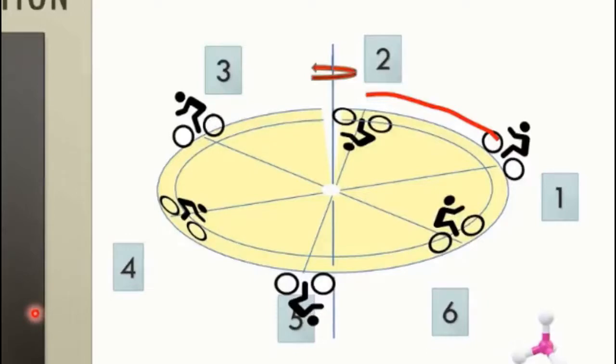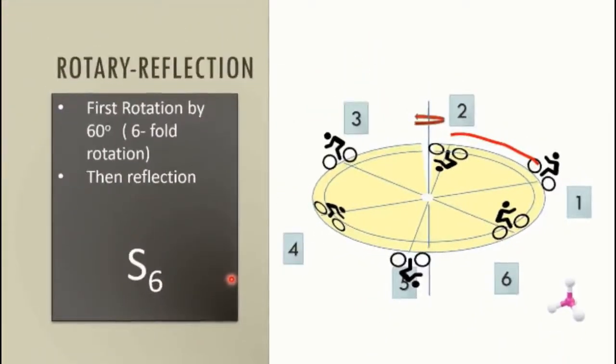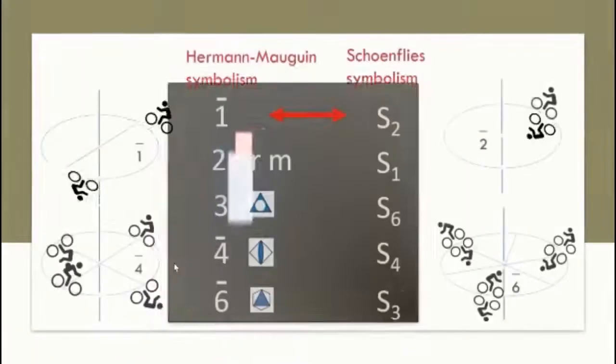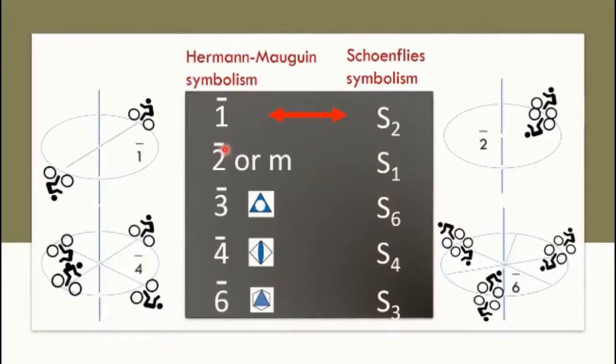Rotation operations are restricted to 1, 2, 3, 4 and 6. Therefore, the roto inversion is also restricted. 1 bar is simply inversion operation. 2 bar simply corresponds to mirroring. So the new symmetry operation in roto inversion are 3 bar, 4 bar and 6 bar only.